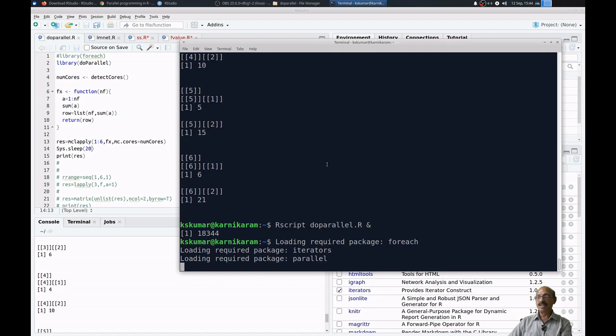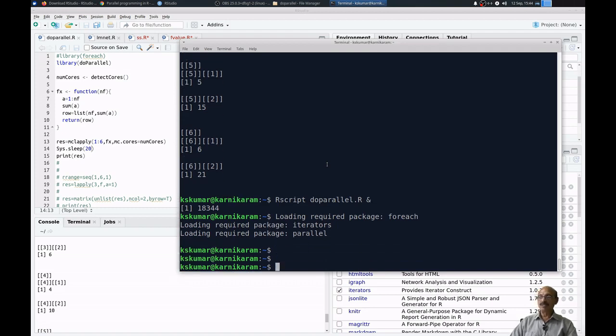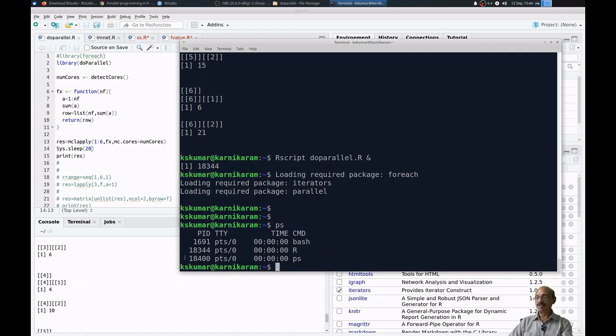See, if you give an AND symbol, now it has come out. But at the same time, this program is running here. It will run in the background. Whatever the output is, it will be written. If we ask it to write to a file, it will keep on writing the output. So this runs in the background.